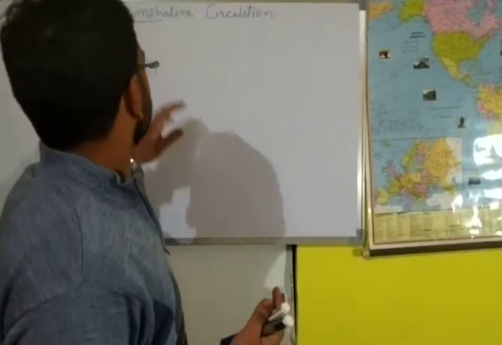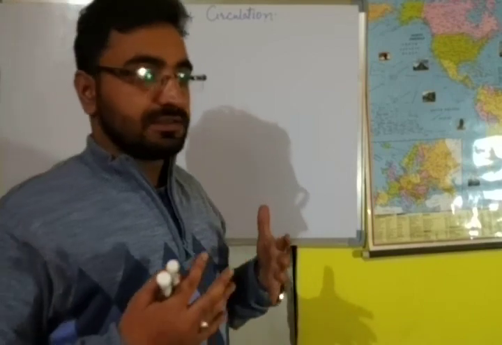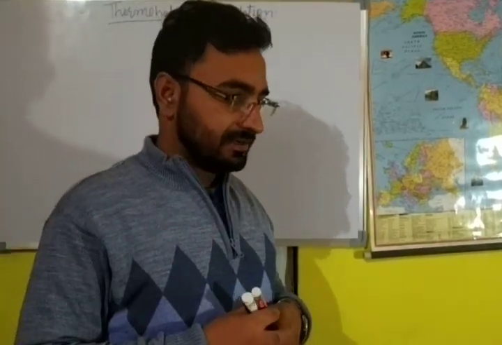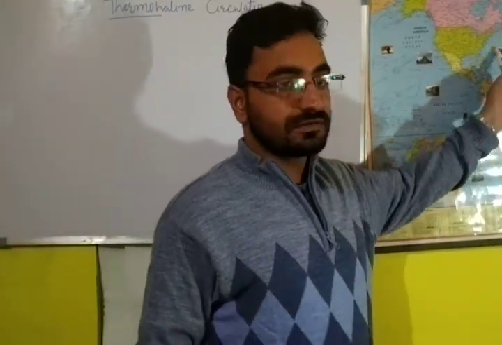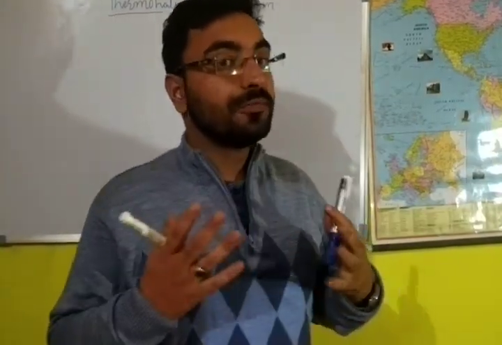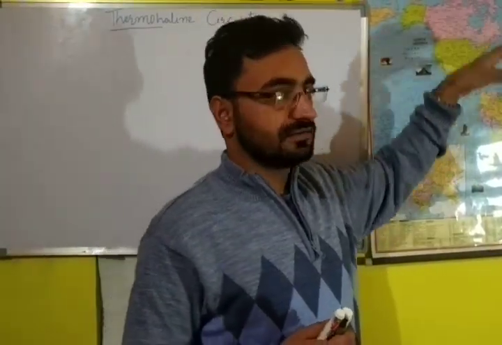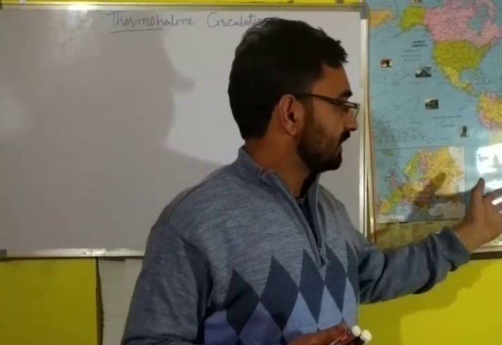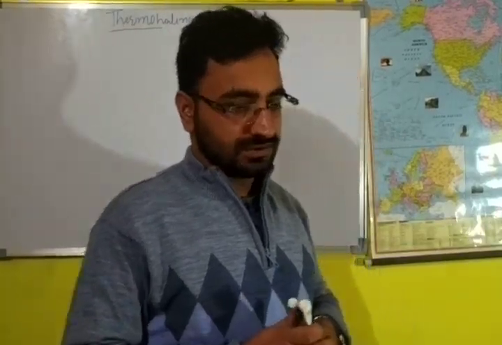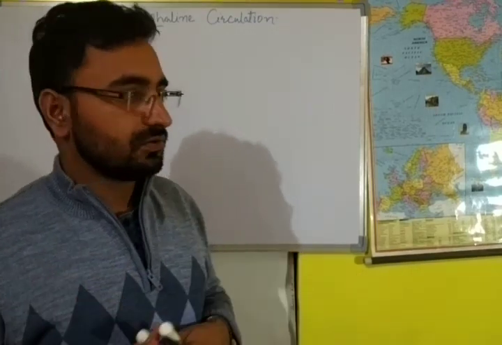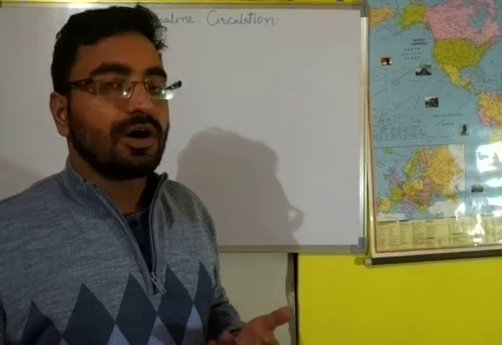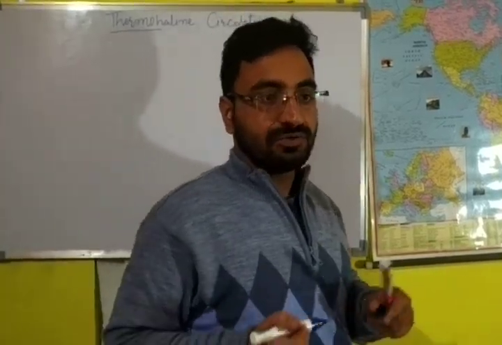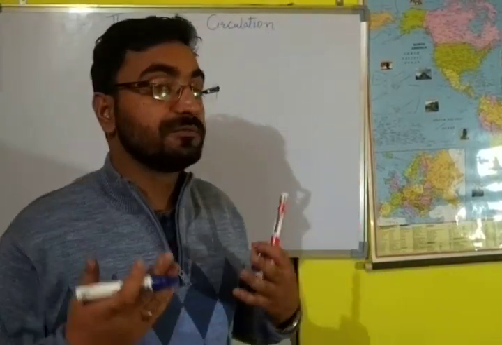So we have discussed the thermohaline circulation, the great conveyor belt, and we have seen how the cold water formation takes place at several places. What we call North Atlantic bottom water, then this Antarctic bottom water, and other cold waters. But now I will be discussing how this formation of this cold